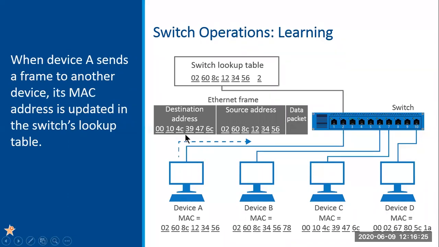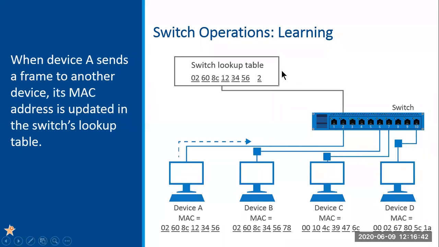But right now, the frame's destination MAC actually corresponds to C's MAC address, but the switch does not know it. The switch lookup table does not have the destination MAC address in its lookup table. So what is the switch going to do? The switch is now going to flood it. It says, I don't know where this destination lives, let me flood it. Let me send it out all ports. Now, of course, that means B, C, and D, all of them will receive that frame. Both B and D will say, whoop, that's not our MAC address, throw it away. They discard that frame, or ignore it. C says, whoa, that's my MAC address. I better pay attention, and I better open it up and process it.